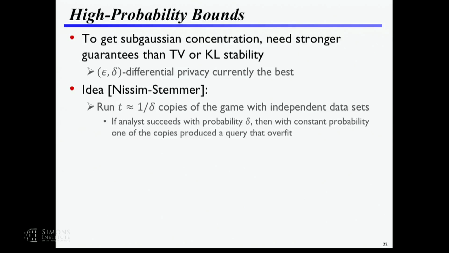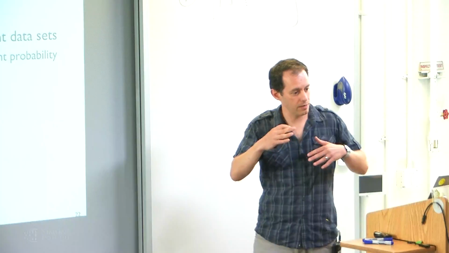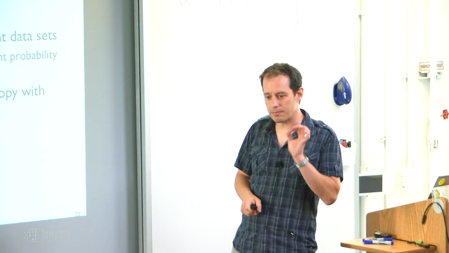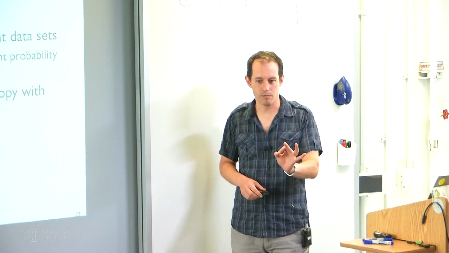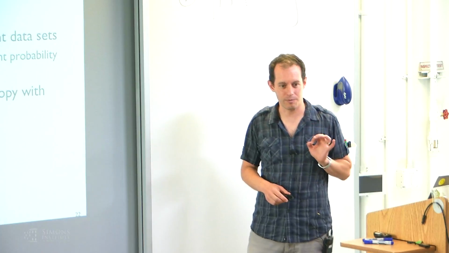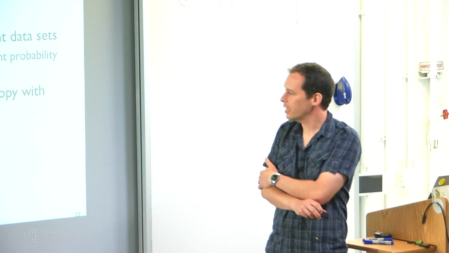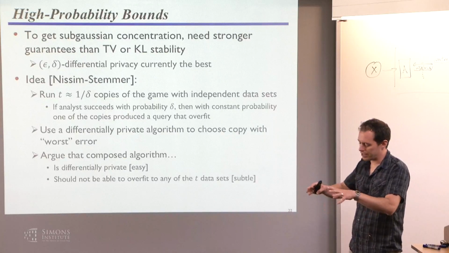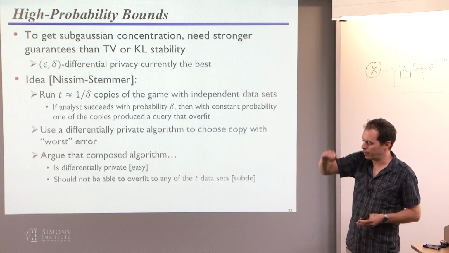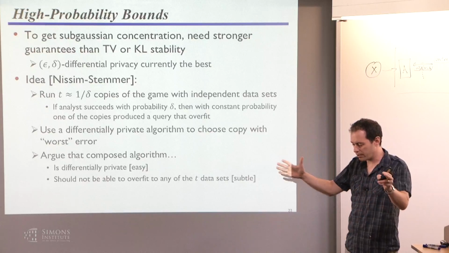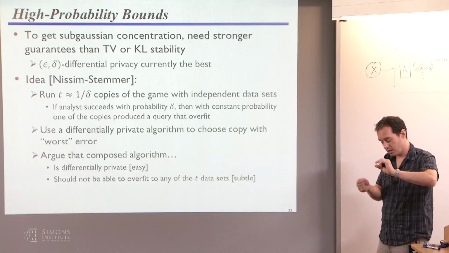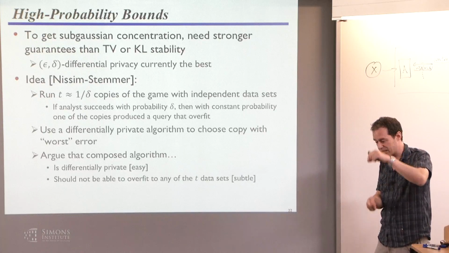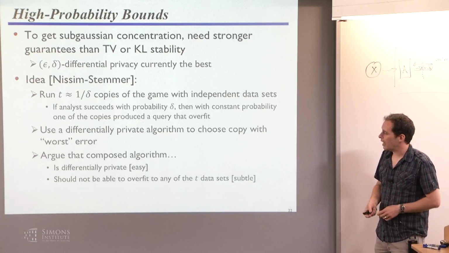The way I'm going to do that is to consider running 1 over delta independent copies of this little overfitting game. Then I use some differentially private algorithm to select the worst performance from the mechanism's point of view, or the best performance from the analyst's point of view. So now I've got this composed process, with a bunch of independent copies of this game, plus some monitor on the outside that is differentially privately choosing the best, the interaction where the analyst got the highest score. And what